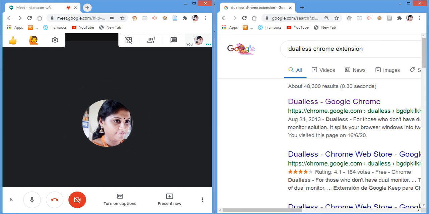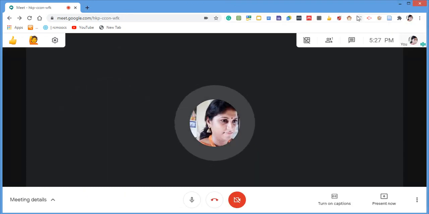This is the purpose of splitting the screen. Once you add the extension, you can see it. This is the purpose of the Google Meet Chrome extensions.